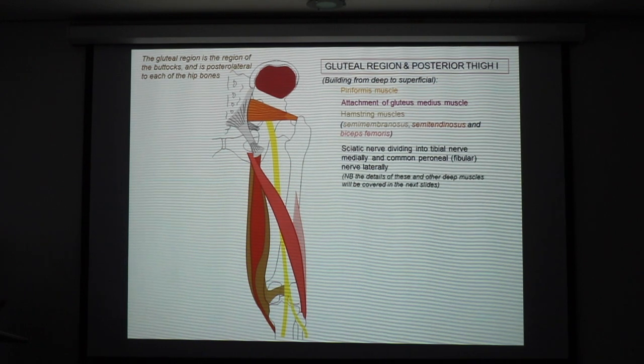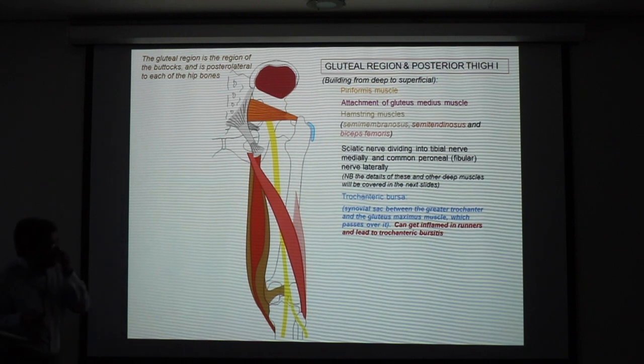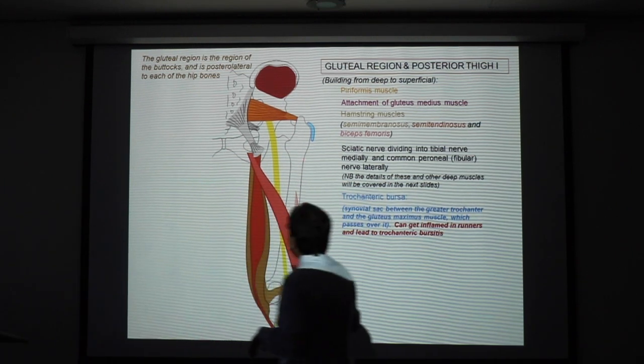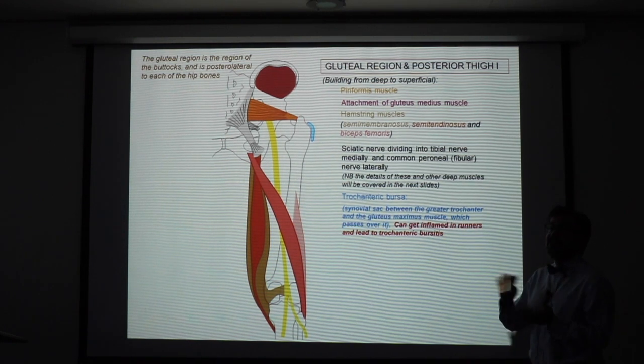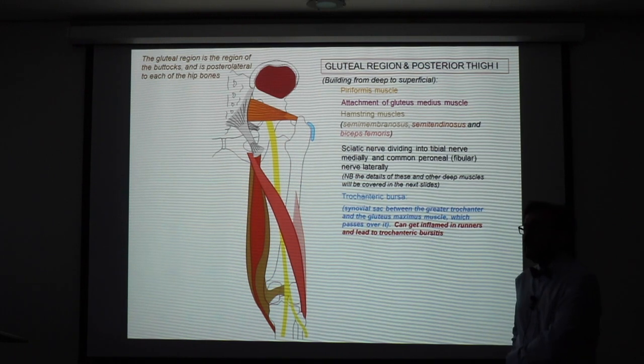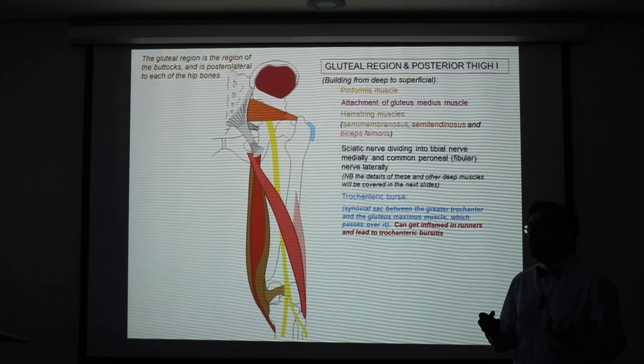So you can see the close proximity of the sciatic nerve to the piriformis muscle. It's just passing below the piriformis. You also have a bursa here. You have a trochanteric bursa here, which is separating the gluteus maximus muscle from the greater trochanter. And if you do